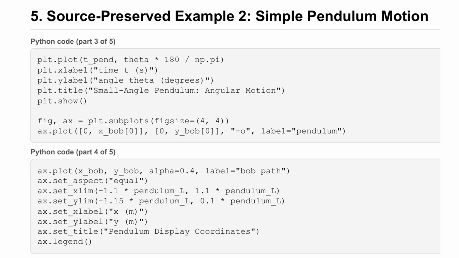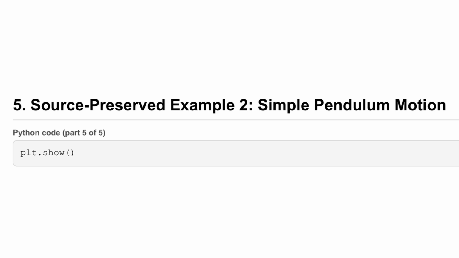The code then prepares 2 distinct visualizations: a standard time series plot of our angular displacement, and a geometric coordinate plot outlining the circular path that the pendulum bob traces out in space. This short continuation block finalizes our geometric coordinate plot by calling the show function. It ensures that all previously configured layout adjustments, aspect ratios, and axis limits are fully compiled and rendered cleanly on